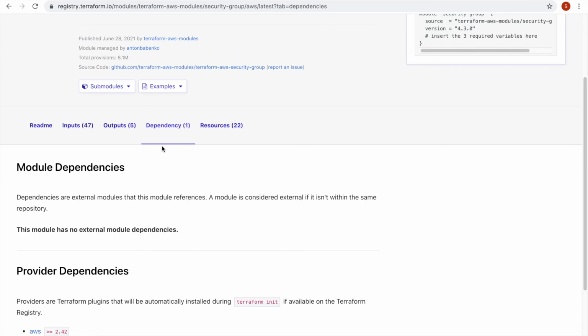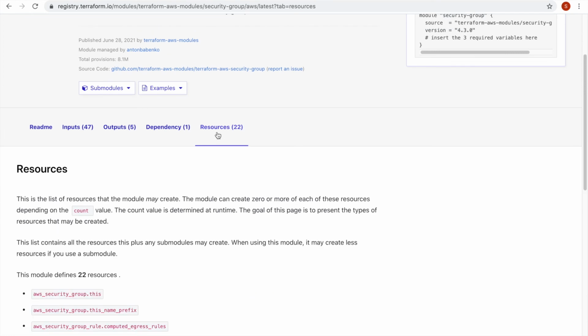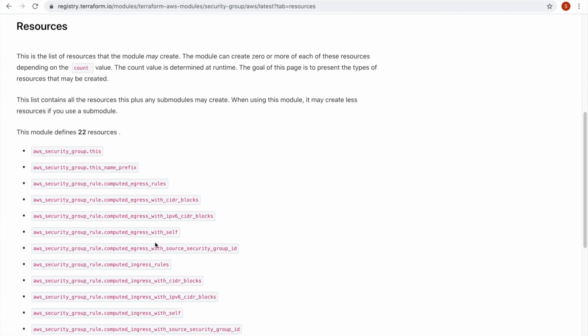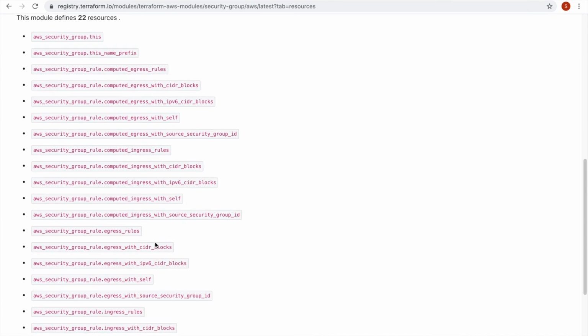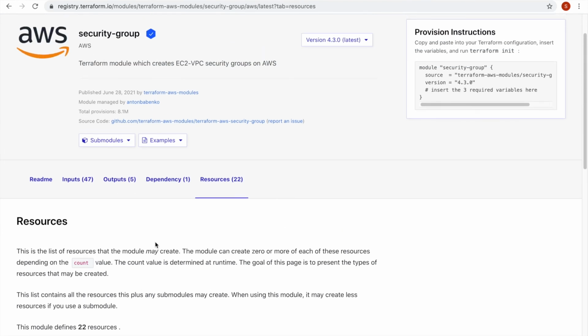It also shows whether it has any dependency on other external modules or on provider plugins, and what resources it will create. We can understand all that from this documentation. So this is how each module provided by each provider is described.